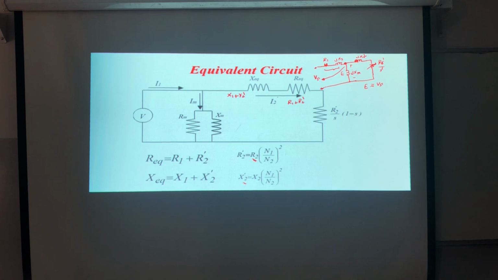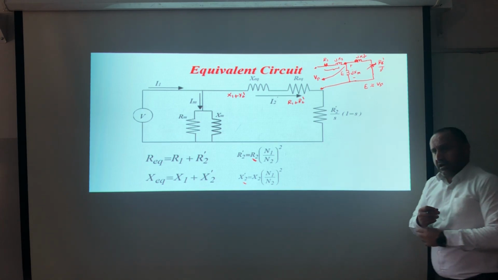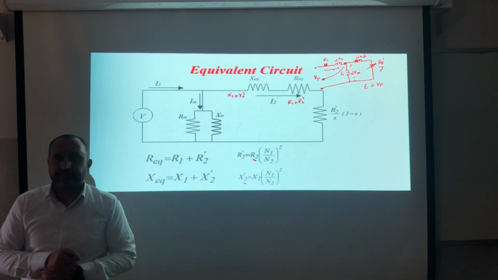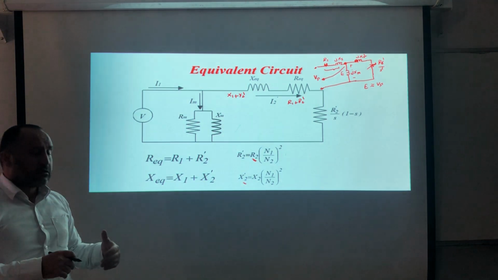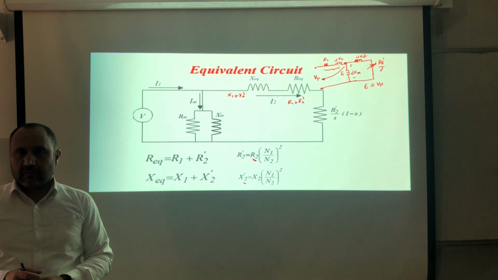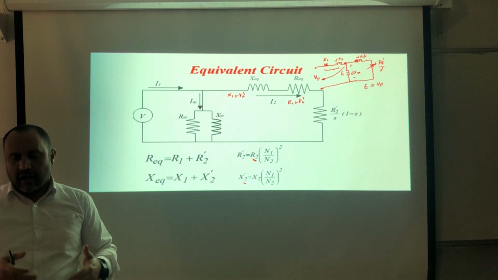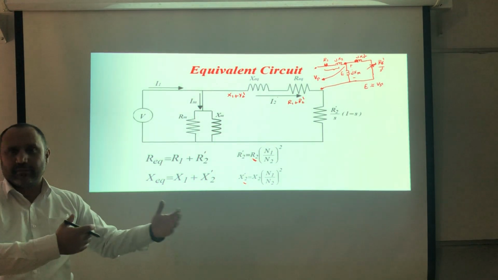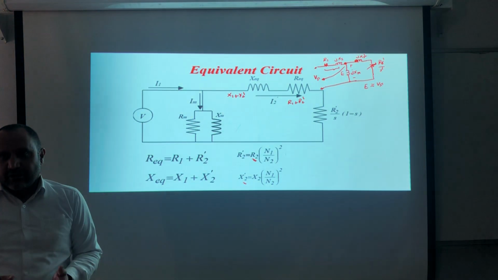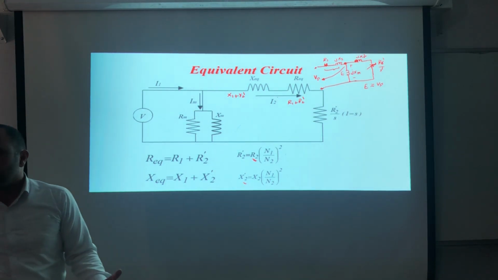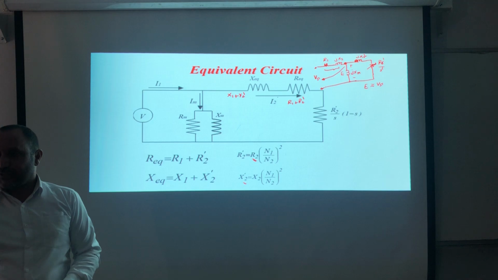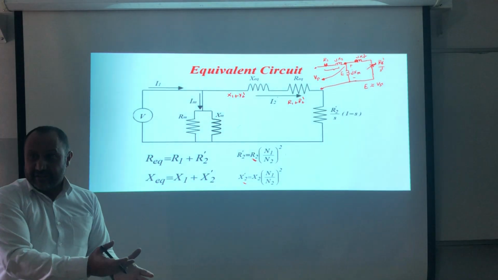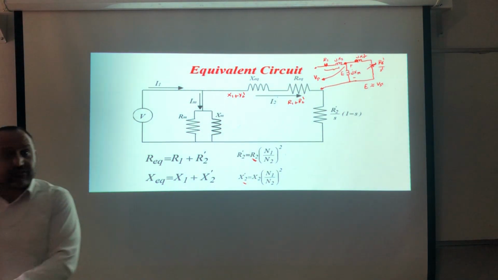Now, from the per phase equivalent circuit, actually, why do we need the per phase equivalent circuit? Because we are analyzing just one phase. Yeah, I know. The three phases are the same, but with an angle shift between them. I know that I need only one phase in order to study the whole machine. In the end of the day, I will multiply by 3. But the question is, why do I need the per phase equivalent circuit? Yeah, in order to find a mathematical relation between the electrical quantities, or electrical variables, and the mechanical variable,